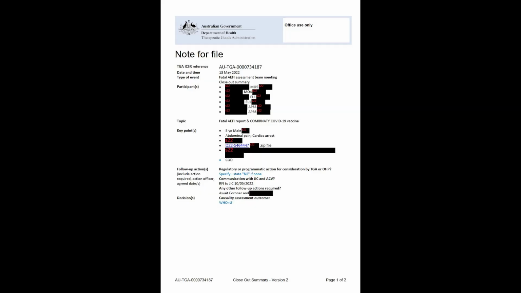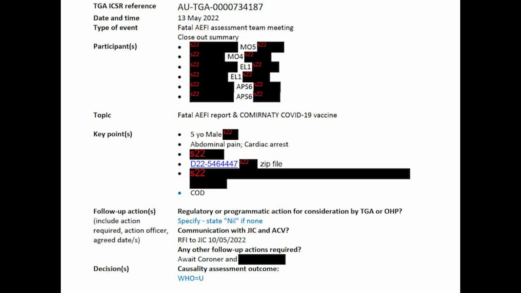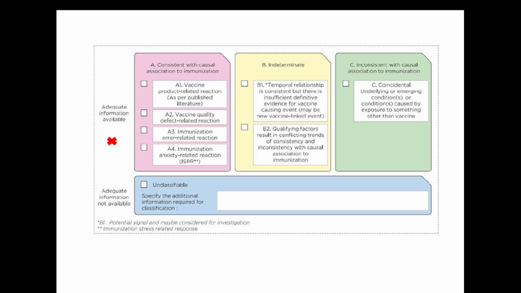And the causality assessment for this little boy has been released under Freedom of Information, FOI 4313. And we see that on the 13th of May 2022, there was a fatal adverse event following immunisation assessment team meeting, with several medical officers and others present, and much of the report is redacted. But we see there has been no referral to VSIG, the independent external safety body, despite this referral being required for all deaths. It appears that adequate information was available based on the Red Cross, and the decision outcome was